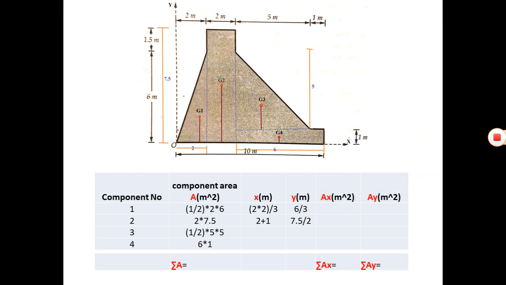So the base width is from here to here, up to this distance. To reach up to this distance, it adds up 2 meter from here and 2 meter from here, 4 meter, plus this centroidal distance along x-axis. So what is that centroidal distance? We already know the formula. So that is nothing but,